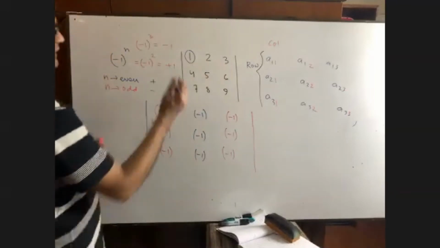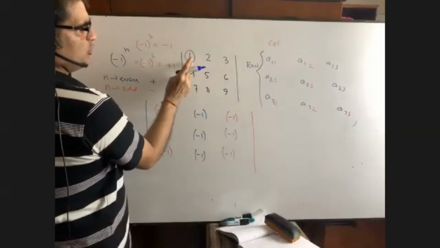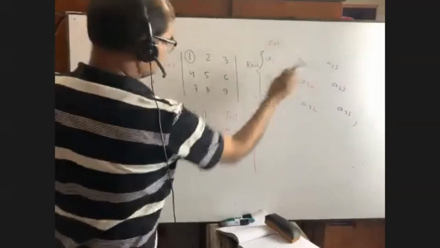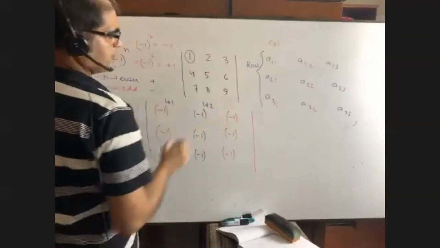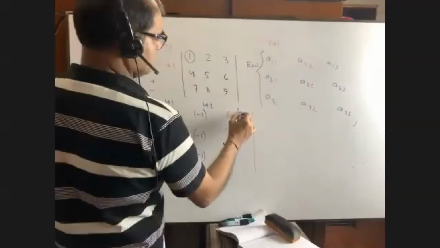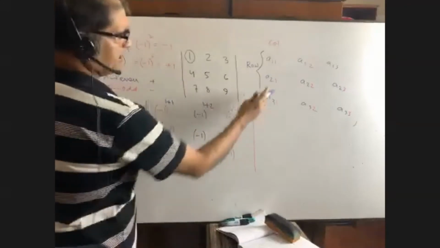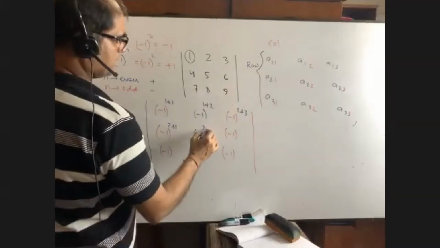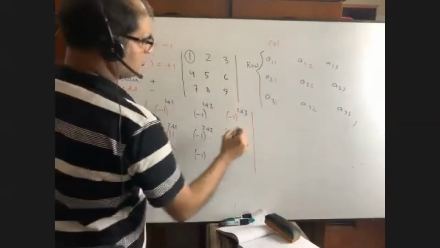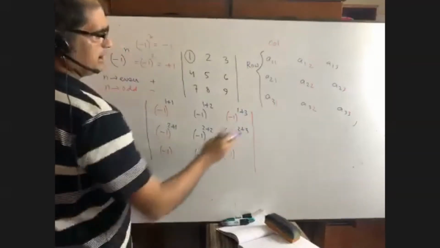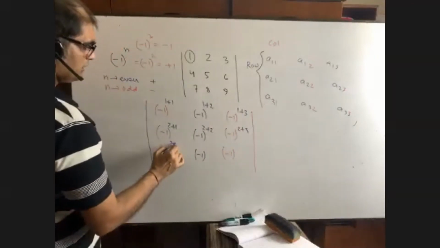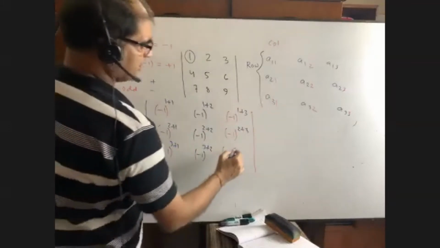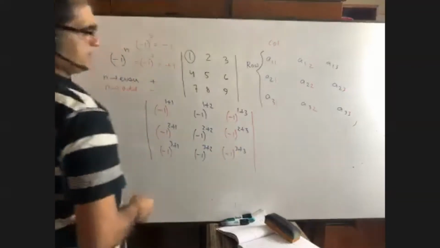Now just let me know, it is 1, 1, as I told you at first. So it is 1 plus 1. Then it is what? 1, 2. So it is 1 plus 2. And last it is what? 1 and 3, 1 plus 3. Here it is what? 2, 1. So write down 2 plus 1. Then it is 2, 2. Write down 2 plus 2. Then it is 2, 3. Write down 2 plus 3. Then it is 3, 1. 3 plus 1. Then it is 3, 2. 3 plus 2. Then it is 3, 3. It is 3 plus 3. Have you got it?